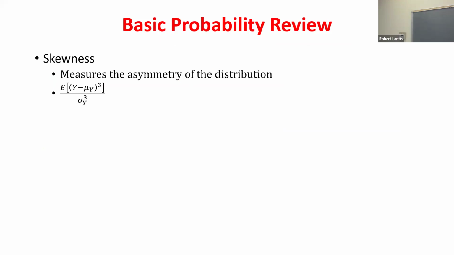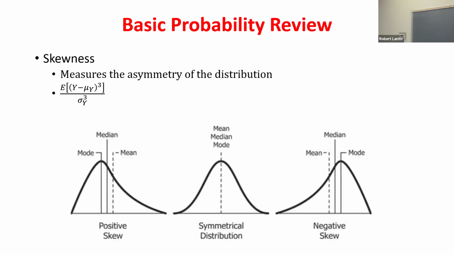So when we're thinking about skewness, it's essentially going to be a very similar kind of process, but a little bit different. We would take this deviation from the mean, but to the third power, and instead of dividing by n, we divide by what this skewness would be. We're not going to really ever calculate this by hand. We're going to have Stata do this for us. But what it picks up is that not every distribution is going to look exactly the same. Some will be symmetric, some will be a little bit different.